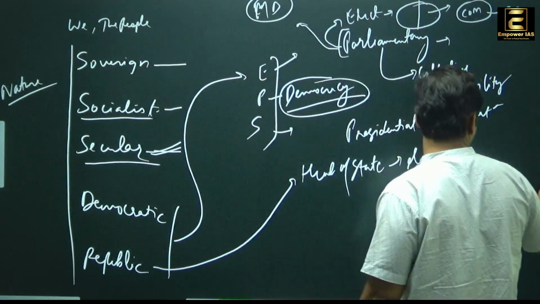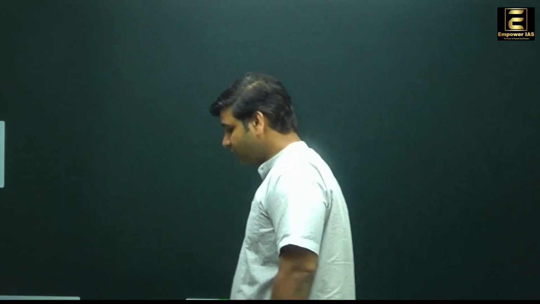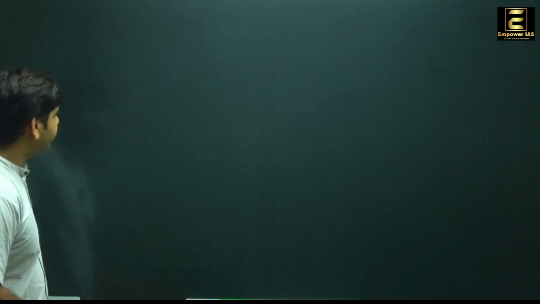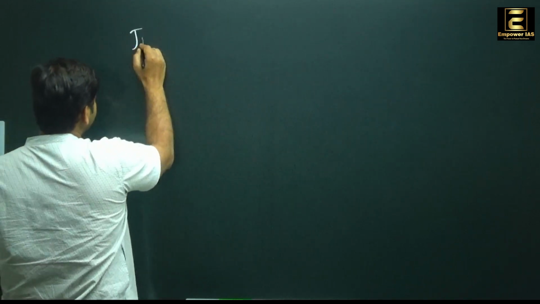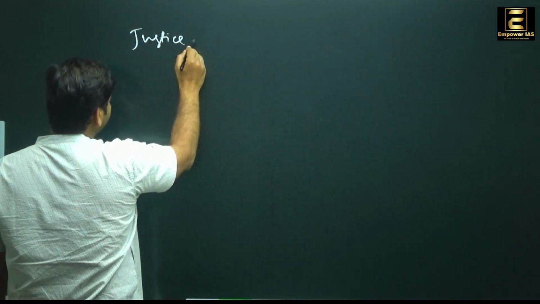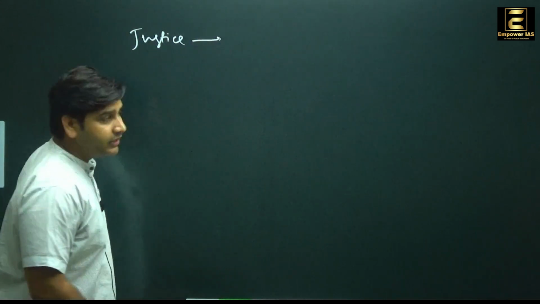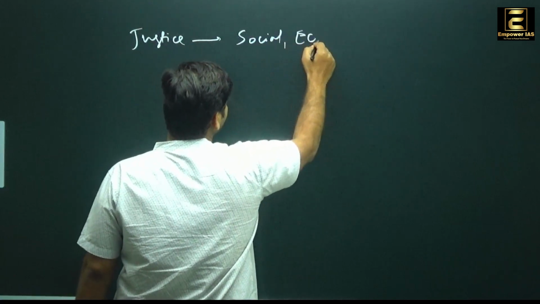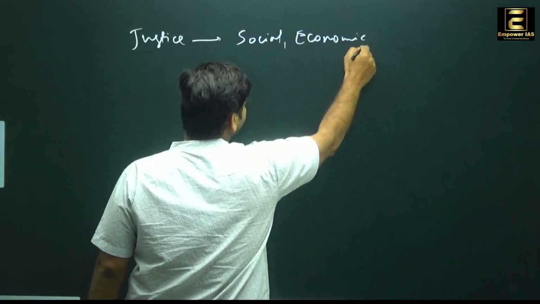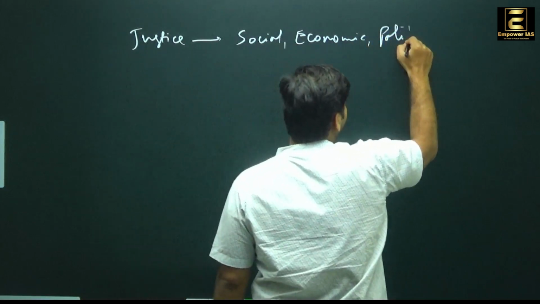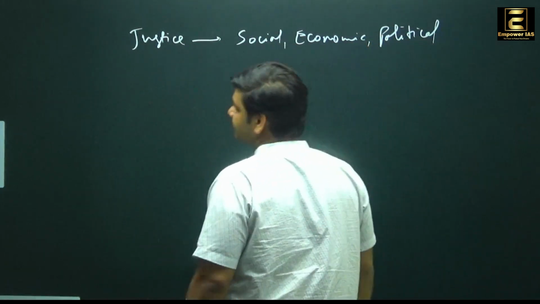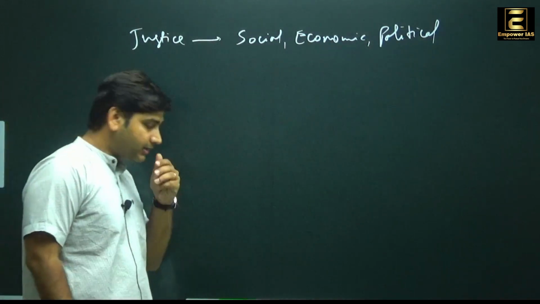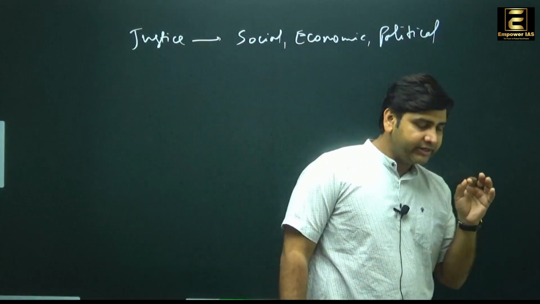Now let us come to another topic, which is the core constitutional values which are mentioned in the preamble. So first is justice. What kind of justice? Social, economic and political. What do you understand by justice? Social, economic, political. Again, there shall not be any arbitrariness